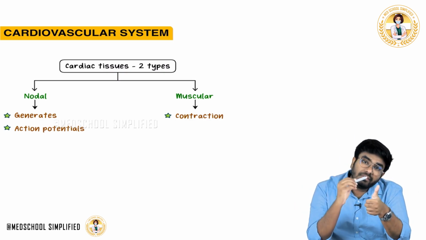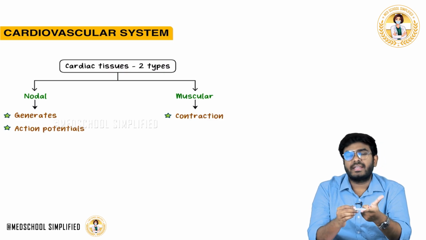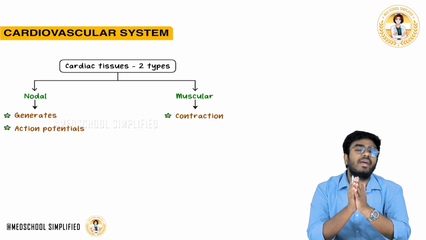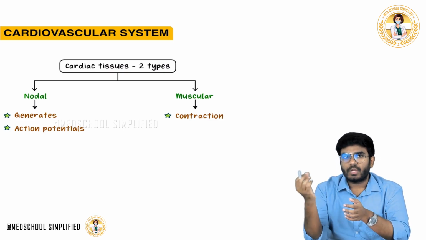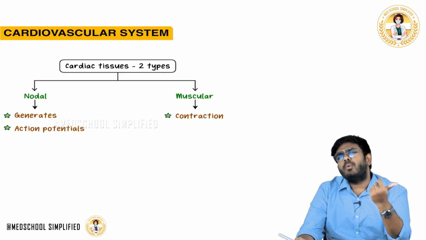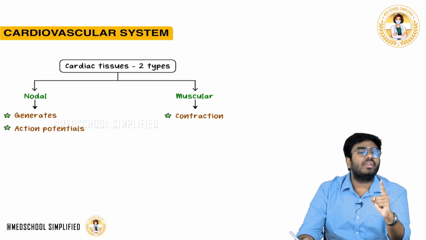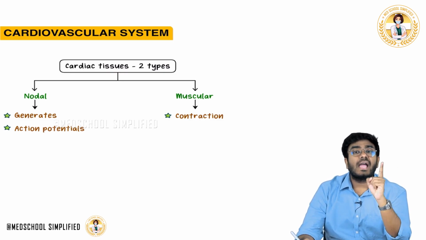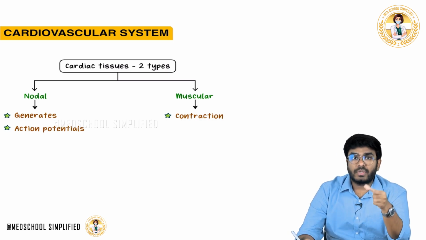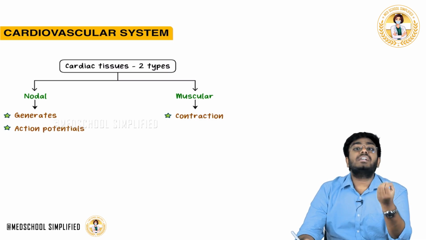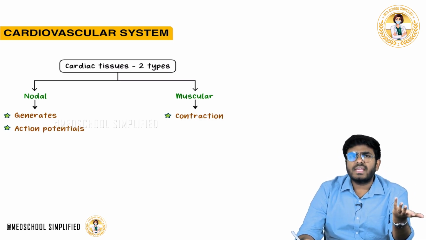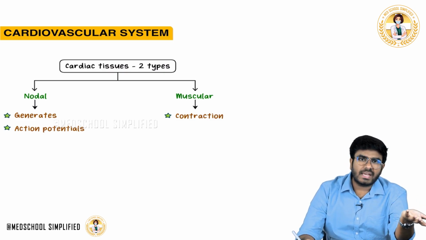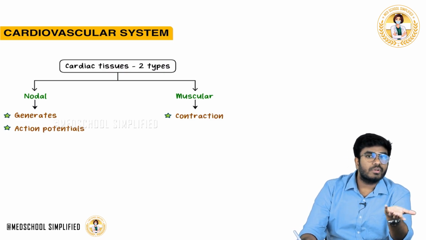In the same way, even the AV node can generate action potentials, the bundle of His can generate action potentials, and even Purkinje fibers will generate action potentials. But the frequency of action potentials changes with every nodal tissue. For example, the SA node generates the maximum frequency of action potentials, that is 60 to 100 action potentials per minute. The AV node produces around 40, the bundle of His produces 30,